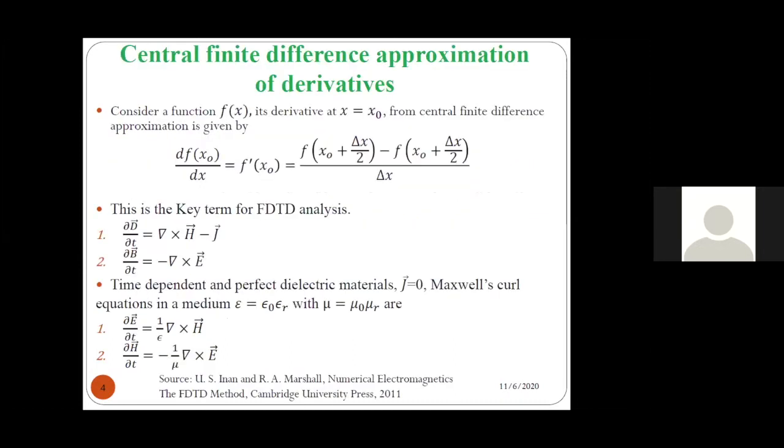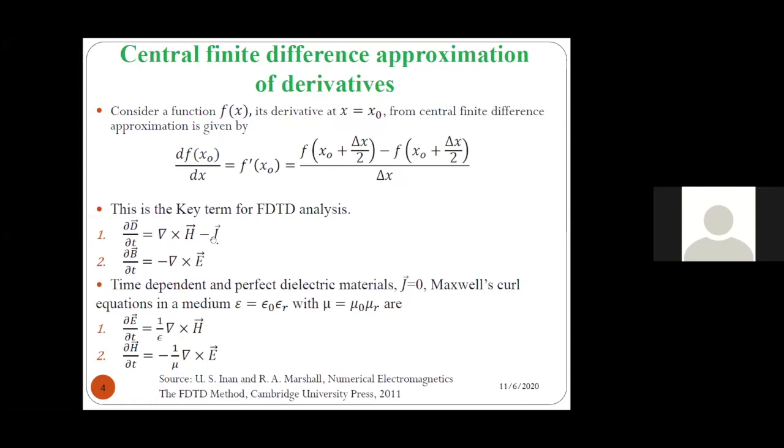With respect to optical materials, the key FDTD equations, that are the Maxwell equations, are: one is ∂D/∂t equal to the curl of the magnetic field, and one more is ∂B/∂t equal to the curl of the electric field. That means wherever there is a variation in either the electric field or the magnetic field, there will be an induced field. The first one is the correction by Ampere's law.